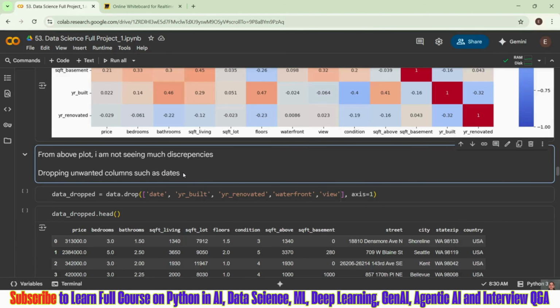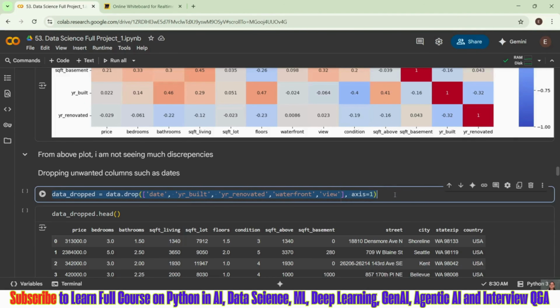Then what is the next step? We have to perform our feature engineering. Inside that EDA only, we have this data manipulation, and all those steps are going to come. We handled that already. Now we will see what is the next step we have to do for feature engineering.